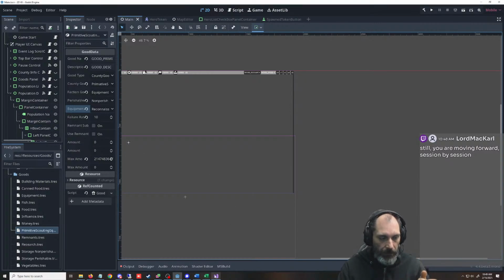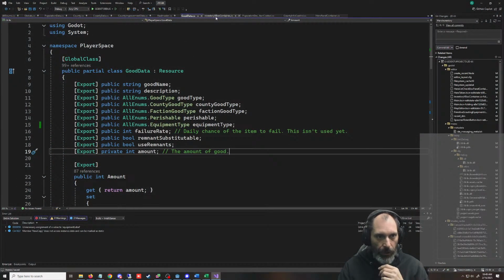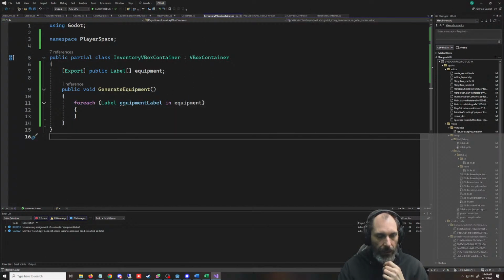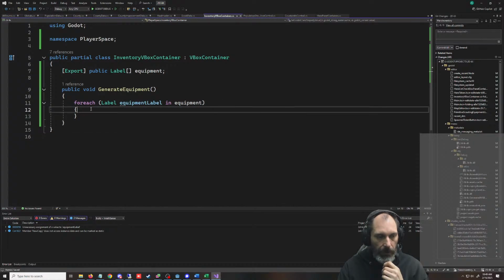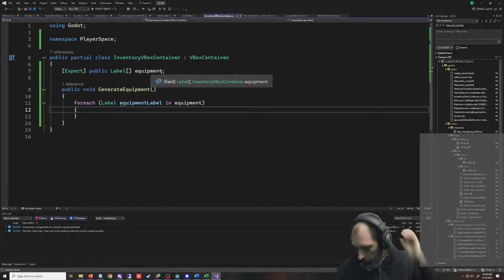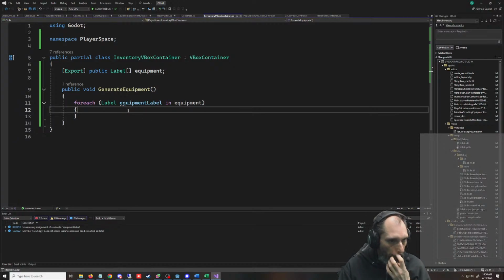So let's see. That's the only thing that matters right now, was having that one thing in there. So we're going to go back to this. So it's going to go for each label. And we can actually use, is this going to work? I think we can use those enums to put in what we want to fill in those. Can we do that?